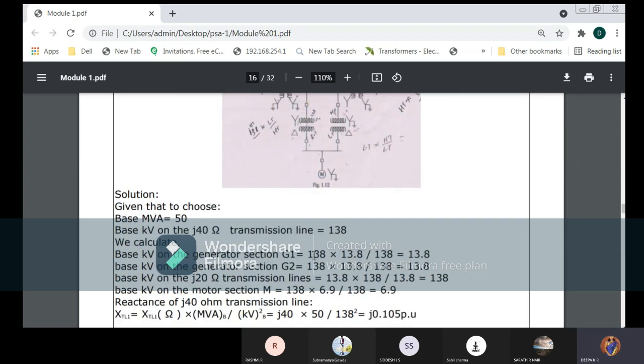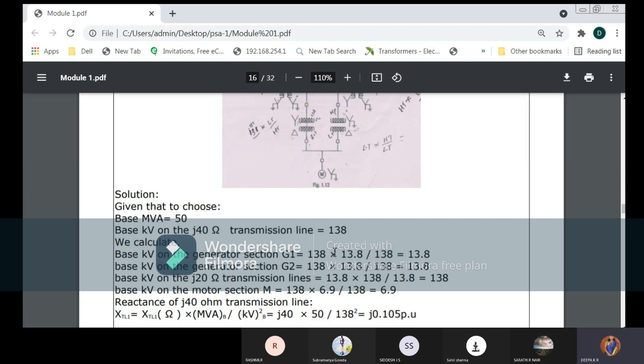This is the highest value, HT side 138, into what is the transformer ratio? LT by HT. If you are considering the HT value, then the multiplier ratio will be the opposite. If you write HT, then it is LT by HT. Instead, if you write LT, then it is HT by LT. Means your ratio of primary and secondary will change according to the first term you select. So your generator is connected on the LT side, so you write the opposite one, HT. HT is 138 into the transformer ratio of star.